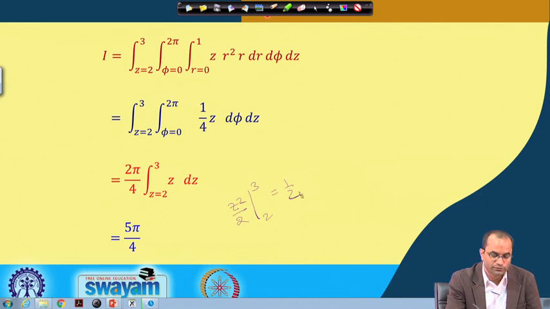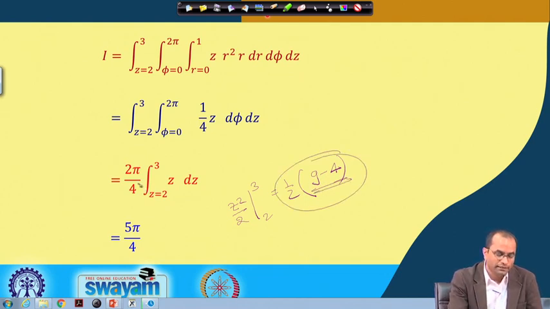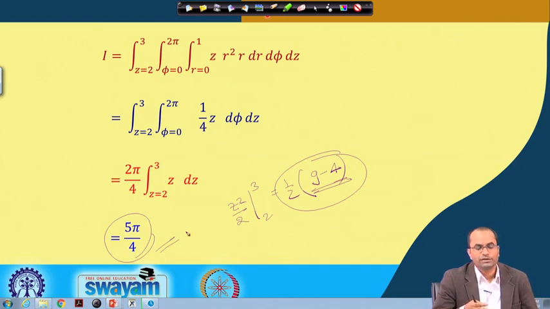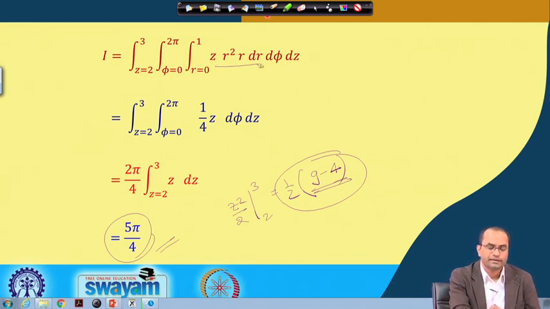So, this is 1 by 2 and then we have here 9 minus 4. So, that is 5 here. So, 5 by 2 and then this 2 will get cancelled. So, we have 5 by 4. So, that is the value of this given integral, and with the help of this cylindrical coordinate, which was natural because the domain was a cylinder and also the integrand had this x square plus y square term, that becomes immediately r square, and then everything became very simple to integrate once we changed to the polar coordinate.